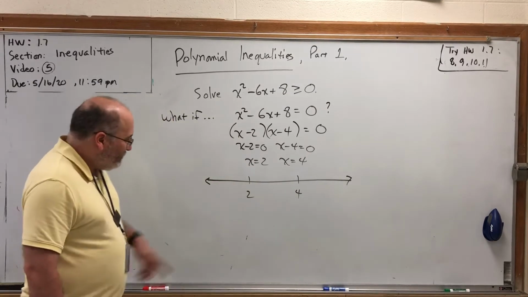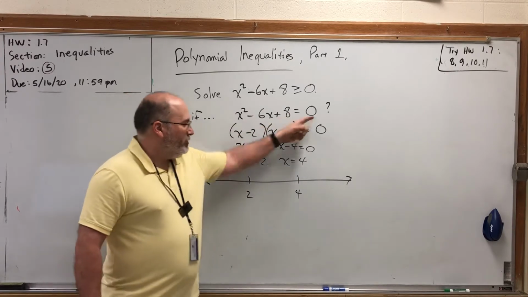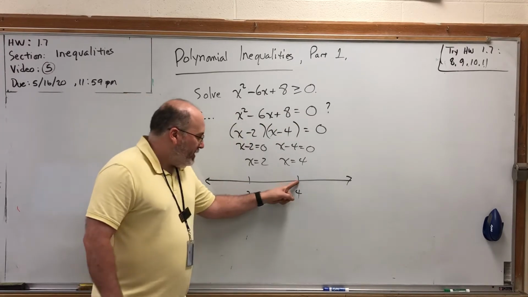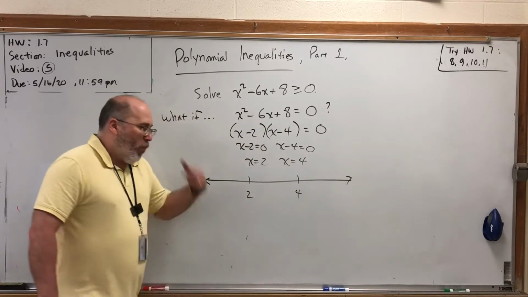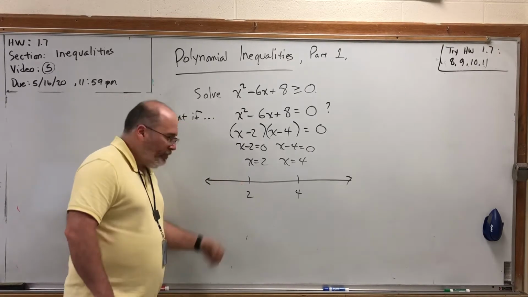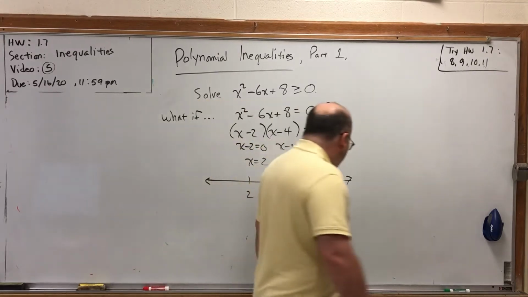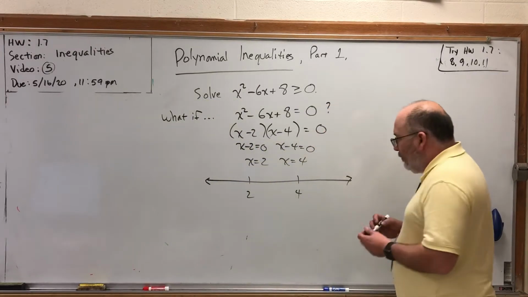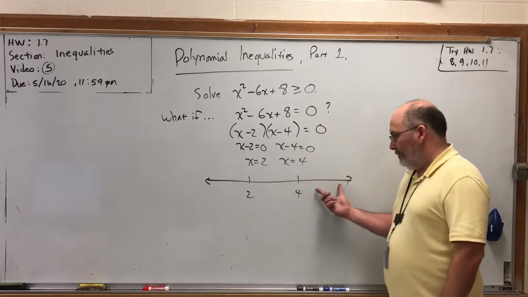Well, we know what happens here. When x equals 2, it makes this equal to 0. And we know what happens here. When x equals 4, it makes this equal to 0. What we don't know is what happens to the left of 2, or between 2 and 4, or to the right of 4. I will tell you this. In each of these three intervals,